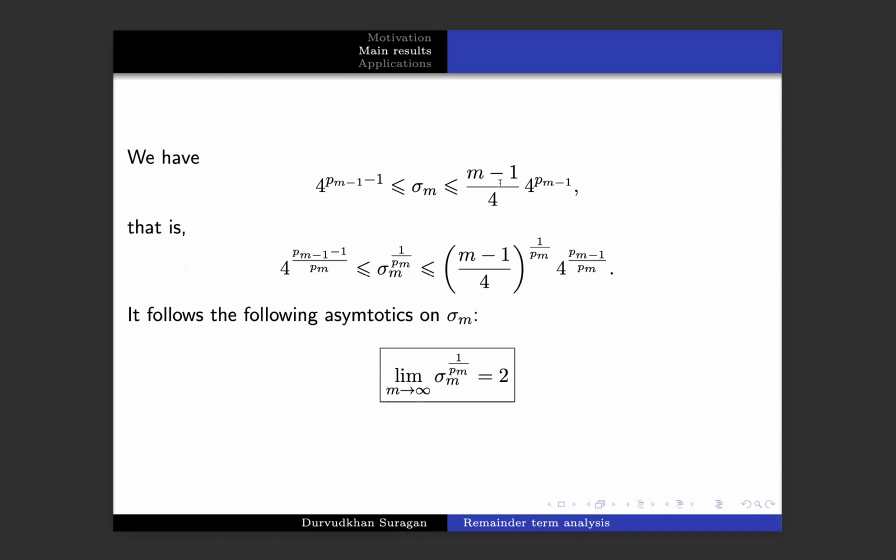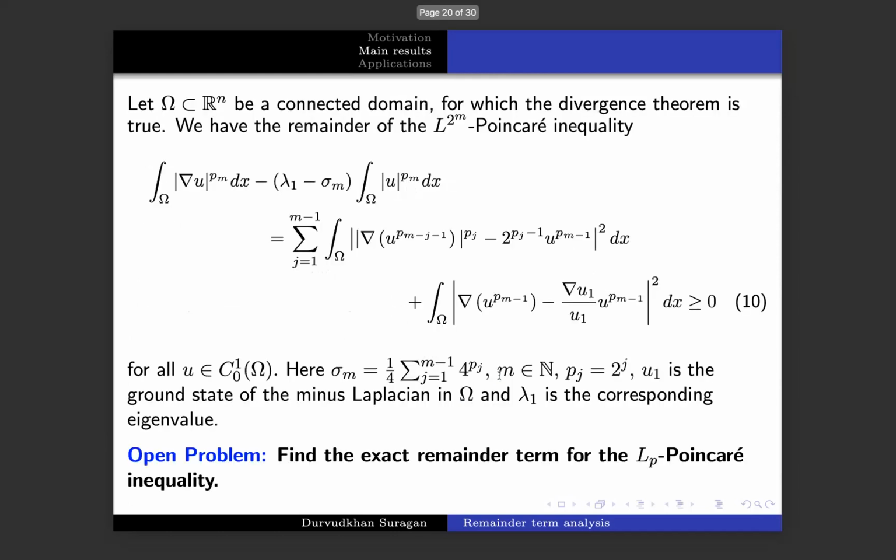And thanks to these two-sided estimates, we can obtain the asymptotics of this number. So today we have everywhere 2. So the answer here is 2. And if we